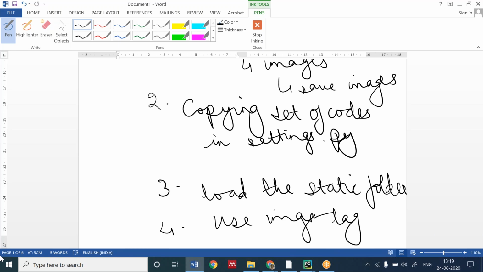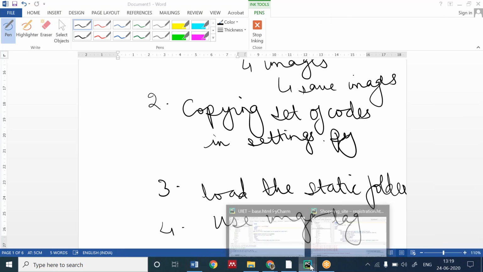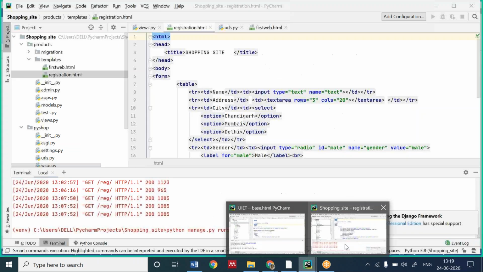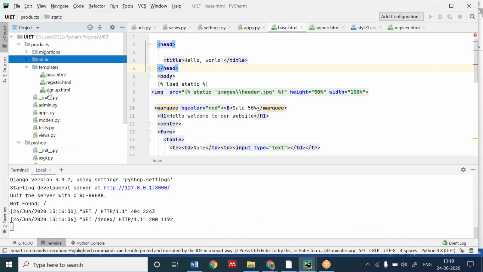Hope you have written. What are the set of codes? Let me show you. Hope you have written the steps, everyone.